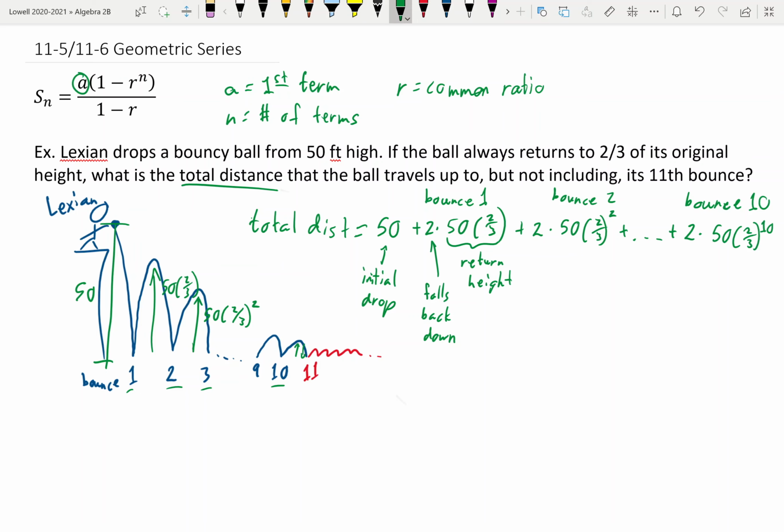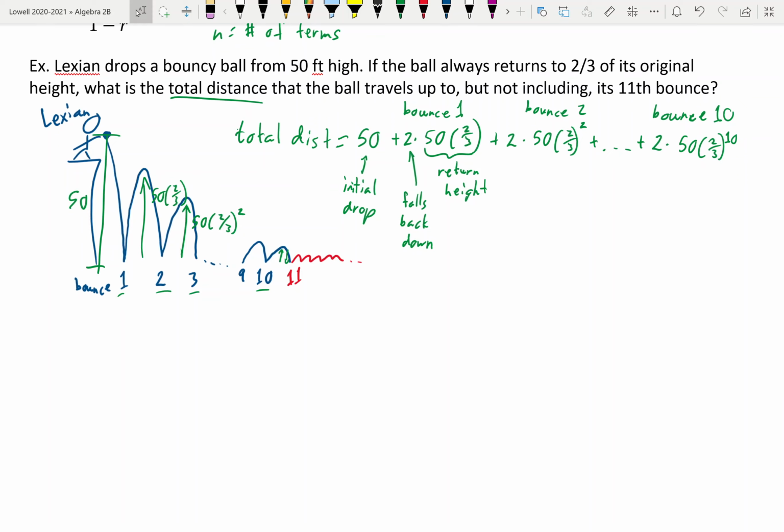If I want to actually set up sigma notation for this, then I could say it's 50 plus... This is a kind of neat trick about sigma notation evaluating sums, is that sometimes I can't apply the pattern to the entire expression that I'm looking at. But that's okay if I leave out one or two terms, because again, you're just adding things. So whatever this number is at the end right here, I'll just tack on plus 50